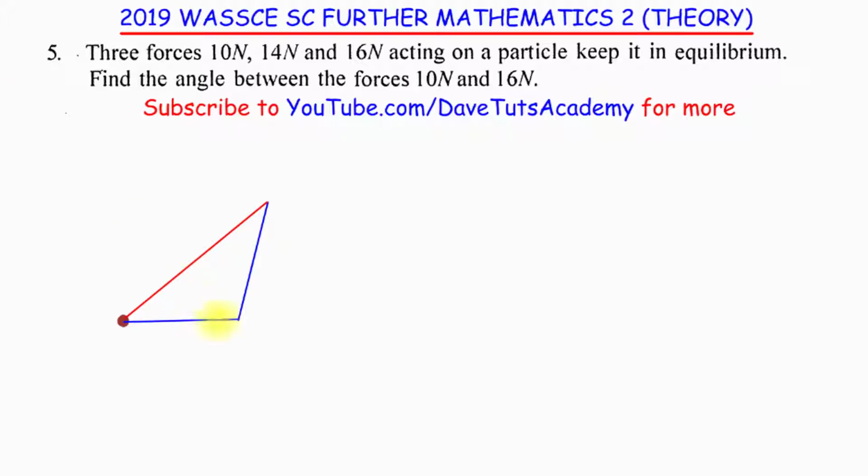In the first case, this will be the 10 Newton force. Here, this will be the 14 Newton force. But in the opposite direction, now you can see this going like this in the positive direction. If we add that 16 upward, then it will have to act like this, and that resultant force will not be what we are looking for. We want it to cancel the resultant effect of the 10 newtons and the 14 newton force, so that will need to come like this. So this is actually going to be the 16 newton force.